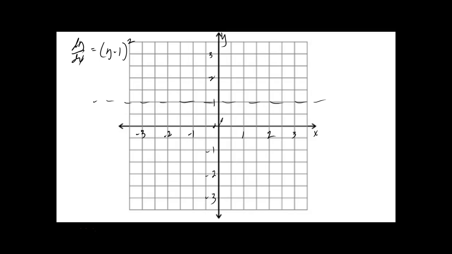How about when y is greater than 1? Let's just choose 2. What's your slope there? Positive again. So you have a region here, but you have positives on both sides, meaning the function is always increasing. But we have some sort of a deal here at y is equal to 1 where it has to be 0. Now,